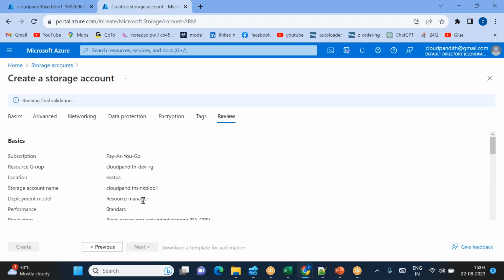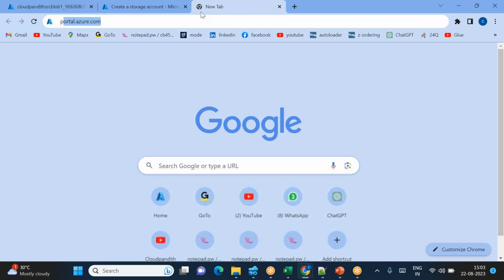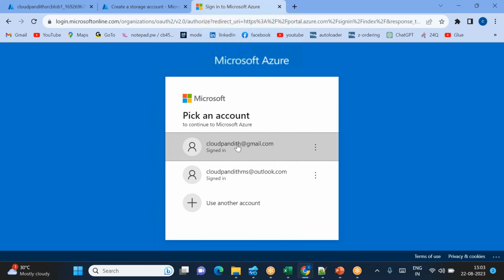Just click review plus create. So here also it is validating all the details. Everything is fine, means click create. Now open the third tab, portal.azure.com. Let's log in to this account. We will create the